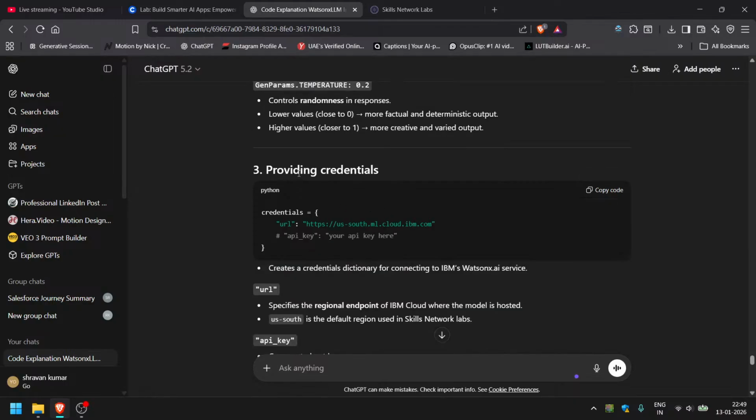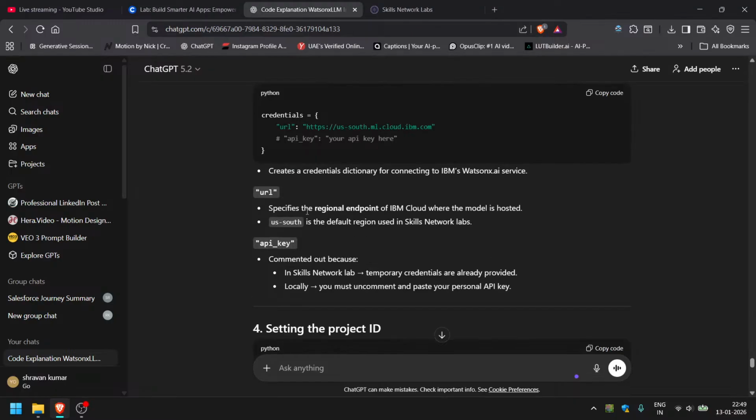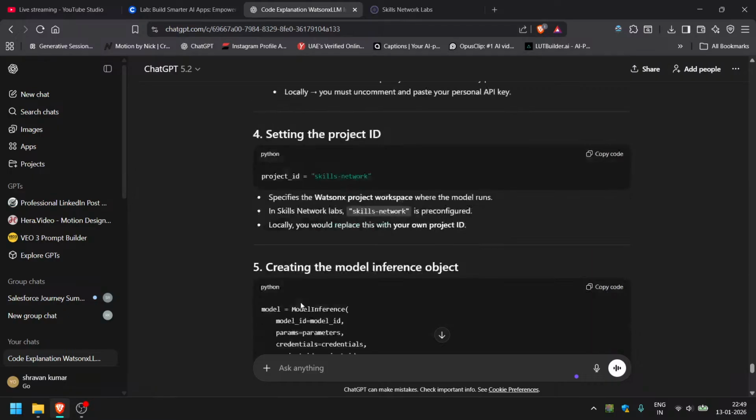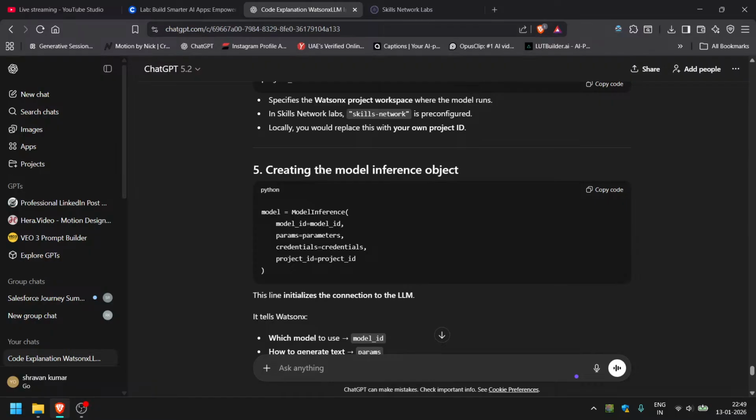varied output. Credentials creates a credentials dictionary for connecting to the IBM Watson service. It specifies the regional endpoint. Then setting the project ID to skills network. It specifies the Watson project workspace where the model runs. In Skills Network, the project is pre-configured. Locally you would replace this with your own project. So if you run this code locally, we will change that name when creating the model inference